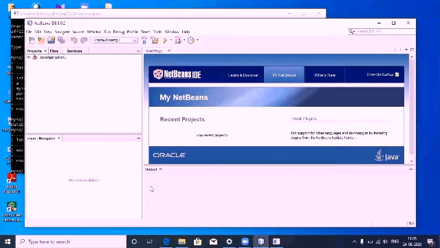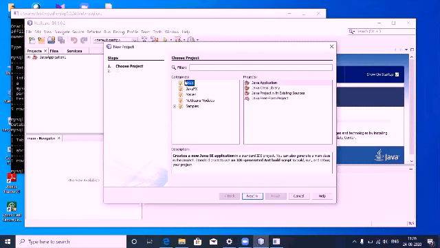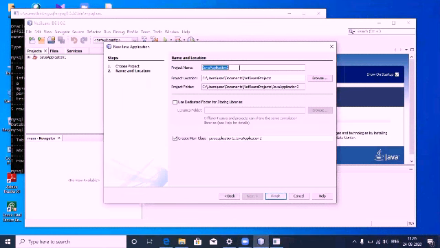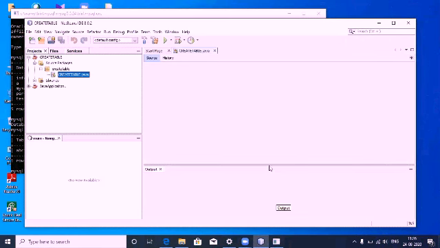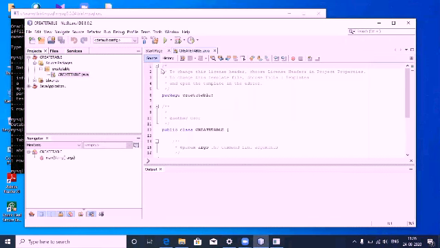Now let me take you to NetBeans. See, once NetBeans is open, it will be like this, right? Here you have file, edit, view, navigate, all this, in which we select file to create our new project, right? By default in the categories Java is selected, and in projects Java application is selected. Then we click on next, and you have to give a name. Let us give the name as create table, right? Then we'll click on finish. Once you click on finish, the project is created automatically with the project name create table, okay? And all this is there.